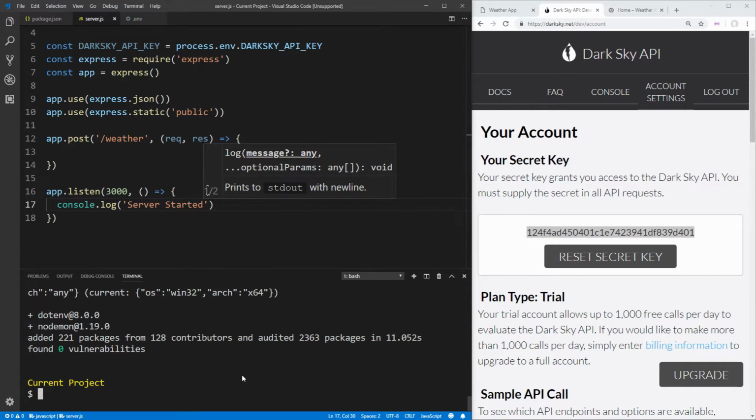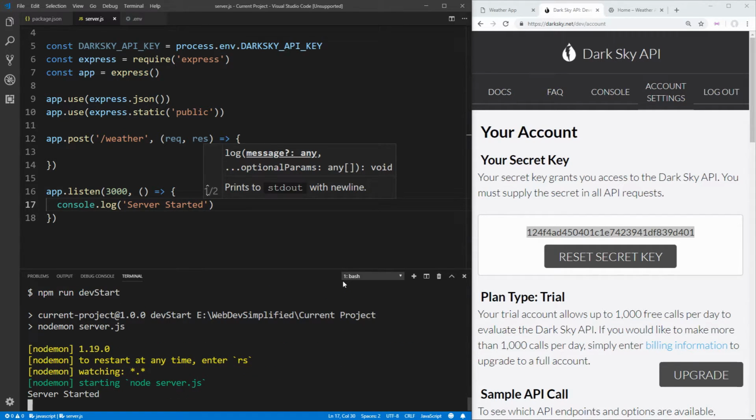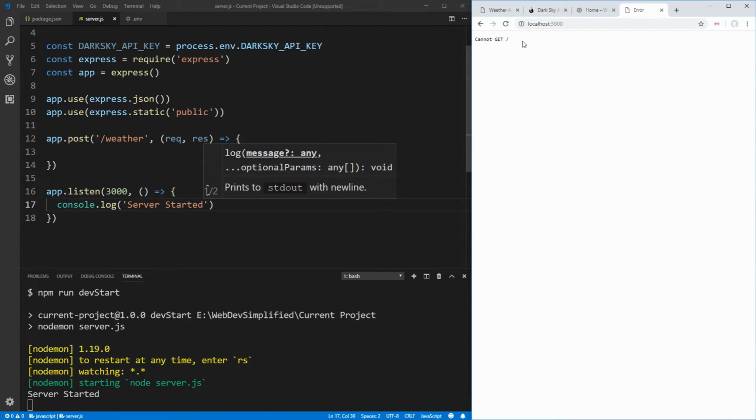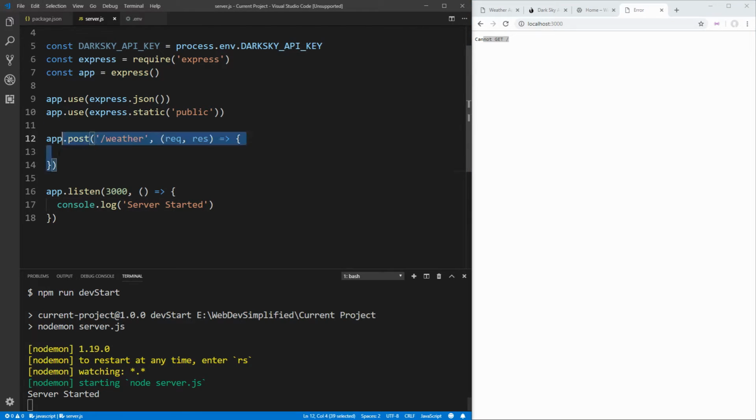And if we save that, and we do npm run dev start, which is that command we created in our package.json, we should see everything start up just fine, and that's perfect. And now if we go to our localhost 3000, you'll see that we cannot get /, which is perfect because we haven't actually set up an endpoint for our server here at /,